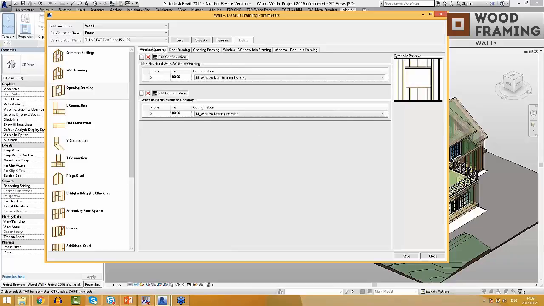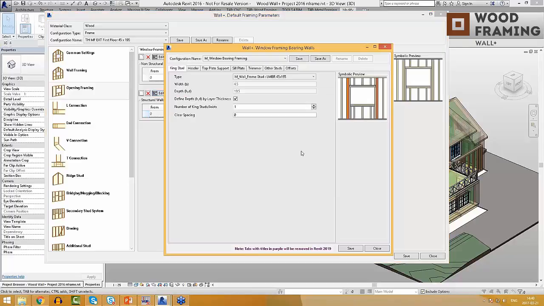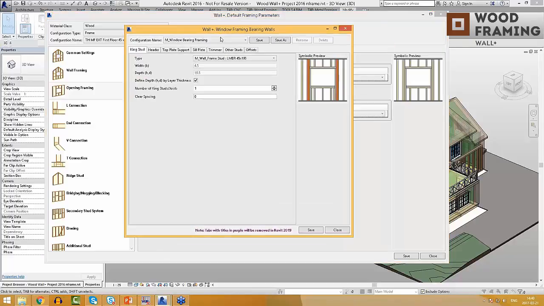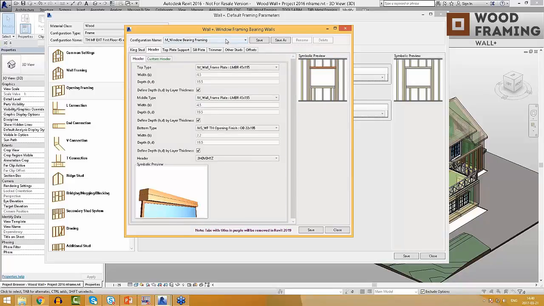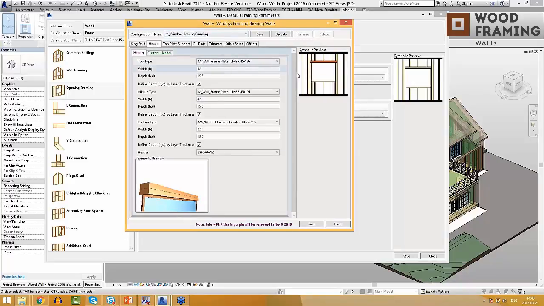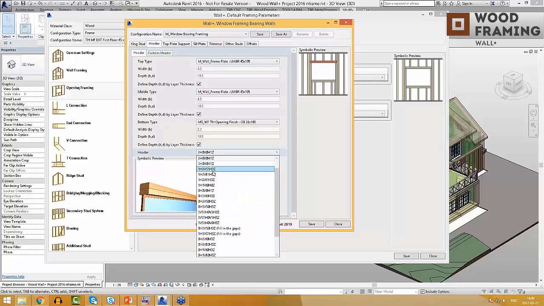So for example, I will take a look at this window opening configuration, and of course once again you can save it by your own name and use it later. And here I can say how many king studs I want to have and what type of king studs I want to add. And here we can predefine a header for our openings, our windows, and here we have created